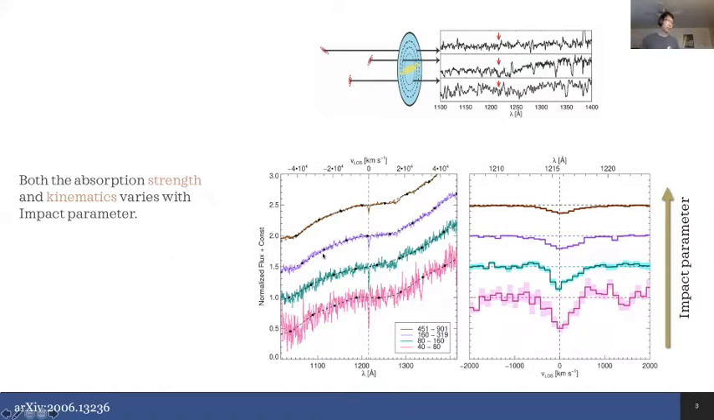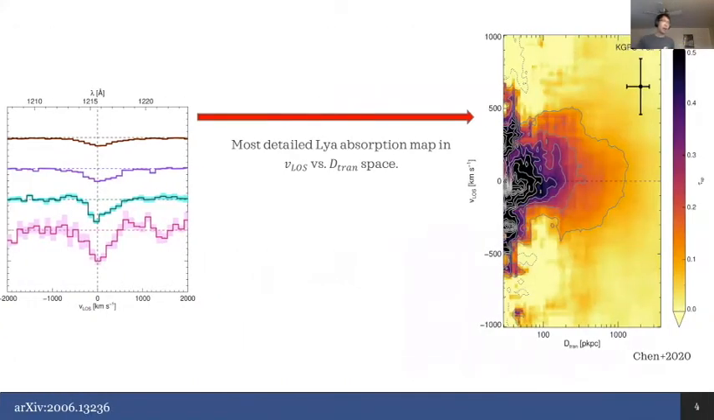And you can see that these are the stacked spectra, of course. Not surprisingly, as you increase the impact parameter, or the distance to the central galaxy, the absorption signal of Lyman-alpha absorption decreases. That's not surprising. But what's actually very intriguing from our result is that the line shape, the line profile, also